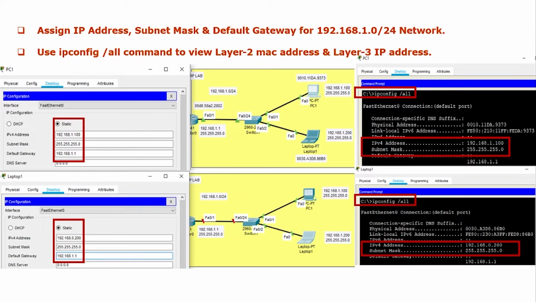So here in one network, I am using 192.168.1.1 as a gateway IP address. So this gateway IP address will use to connect with the another network. This IP address we should assign in the remote device. And one more information about the default IP address, it should be in a same segment IP address only.